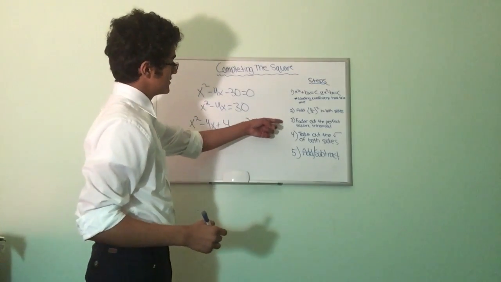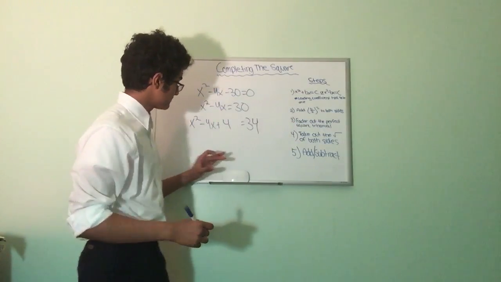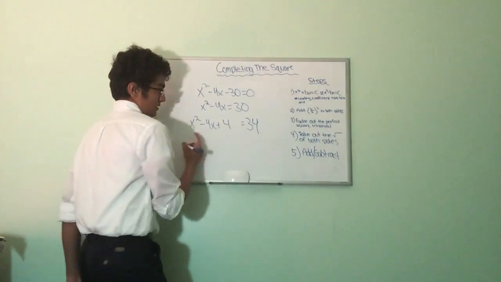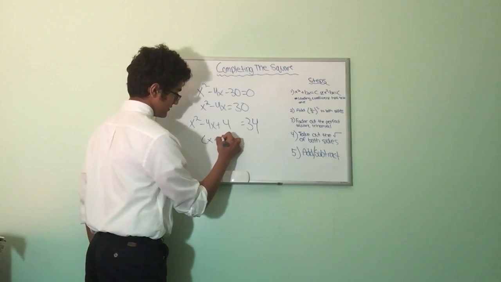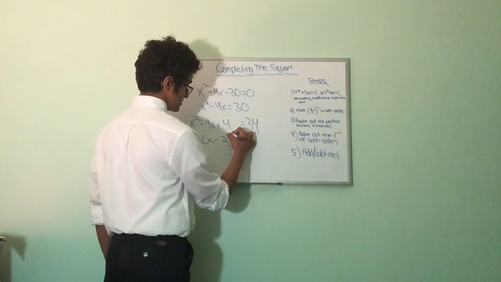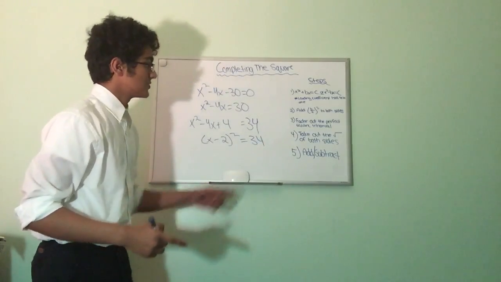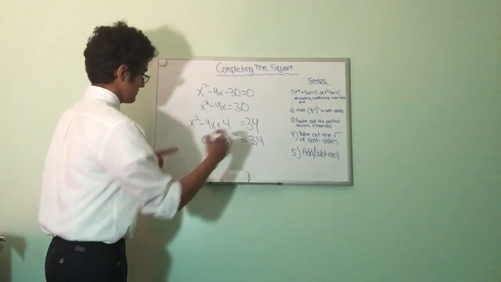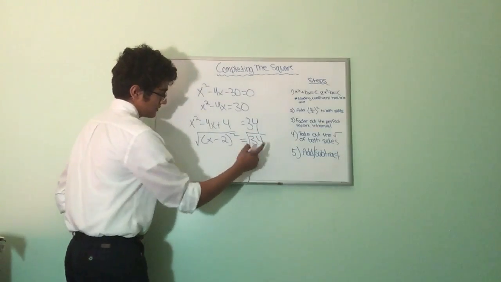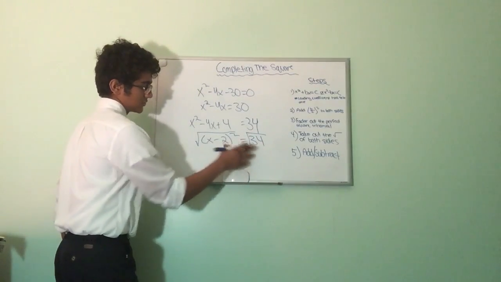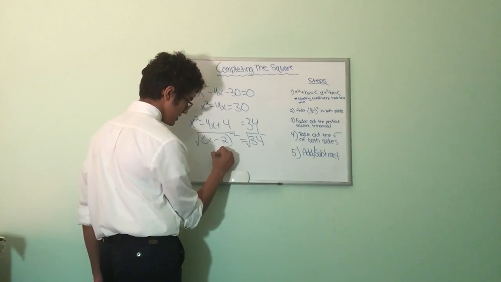And then you move on to the third step, which tells you to factor out the perfect square trinomial. So you factor this perfect square trinomial out, and you'll get x minus 2 squared equals 34. And then from here, you take the square root of both sides. Radical 34 is already simplified, so you don't need to do anything over there. But this will become x minus 2